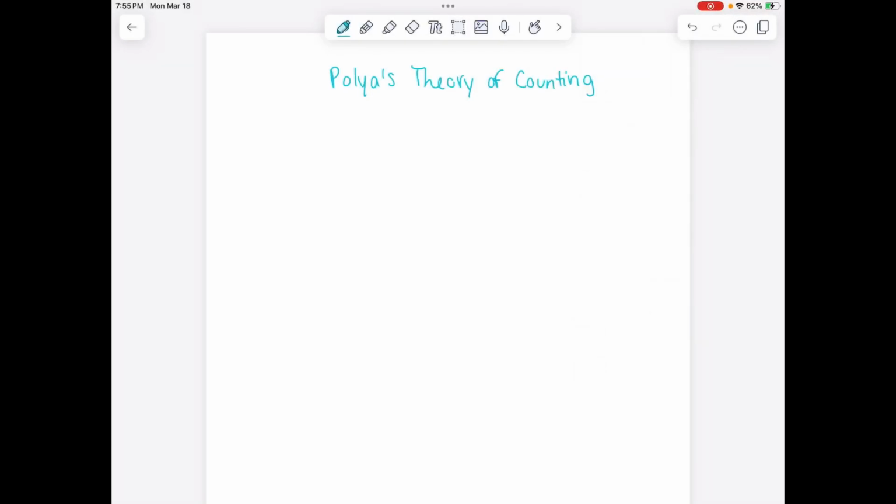So today we will be talking about Polya's theory of counting, sometimes called the Polya enumeration theorem. First, just recall from group theory from last semester, given a group G and a set X, we define the left group action of G acting on X